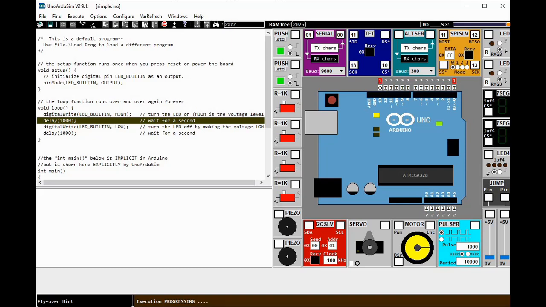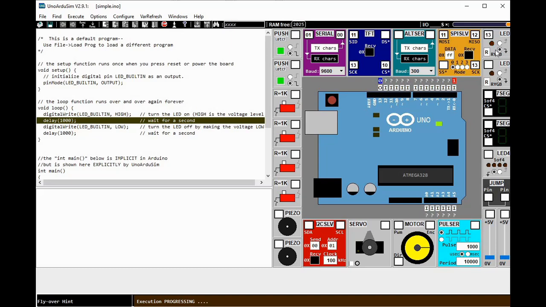So just click on the space and type 13. So you will notice that whenever the output is high, the LED will light up.